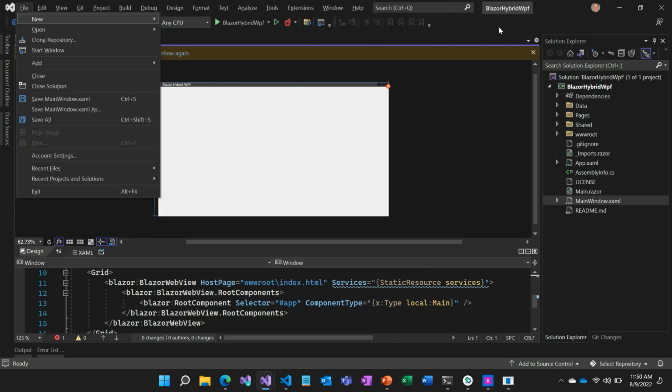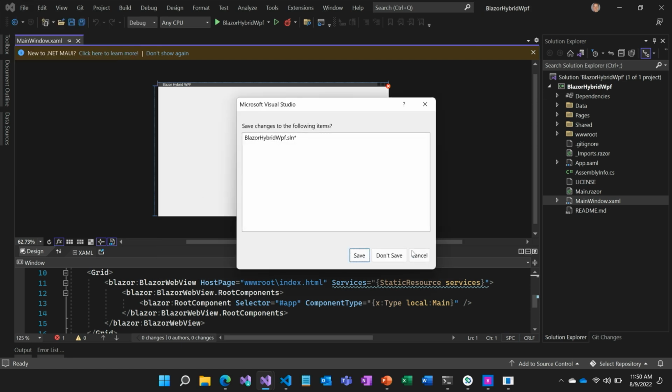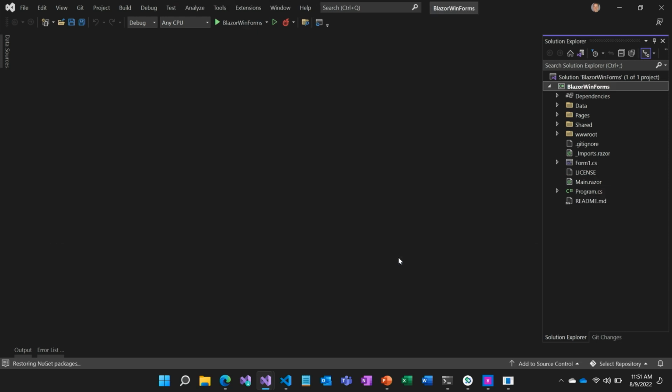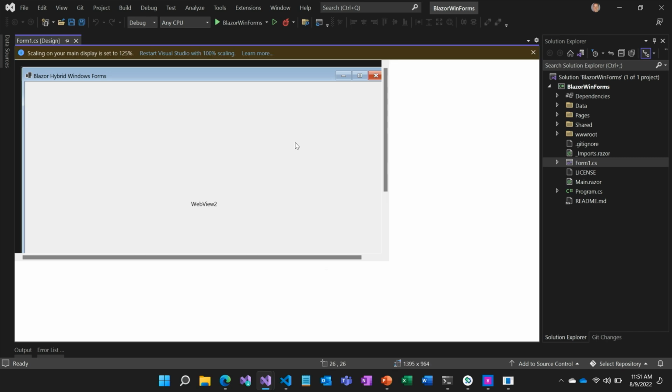And then if we go over here, we should be able to see Blazor WinForms as well. So if we go over to this other project. All right, so now we have a WinForms project. WinForms doesn't have XAML, but we have the forms designer. If we go look at the designer and see what this app has set up, just give it a second to load, then we can see that it should just have a single WinForms control, which looked a little wonky there.